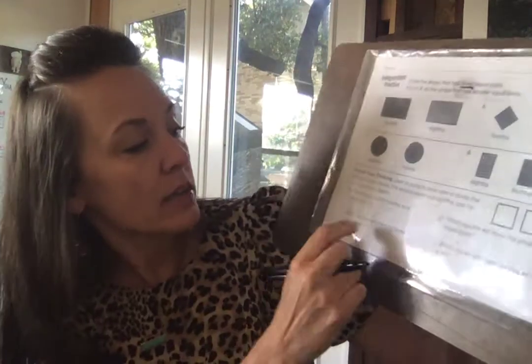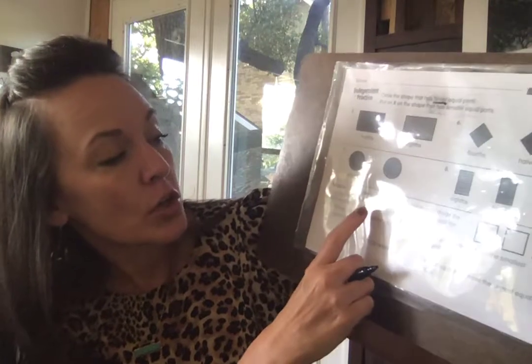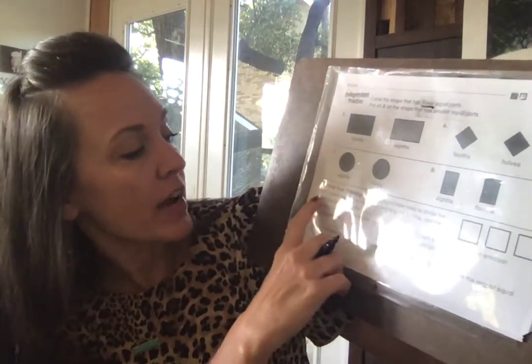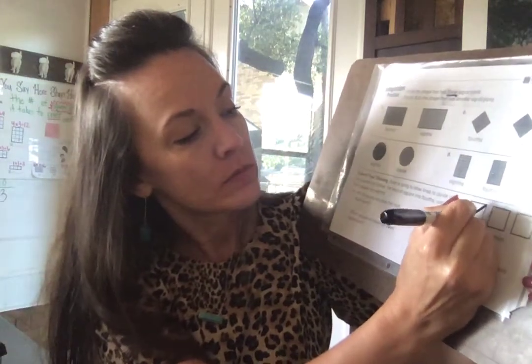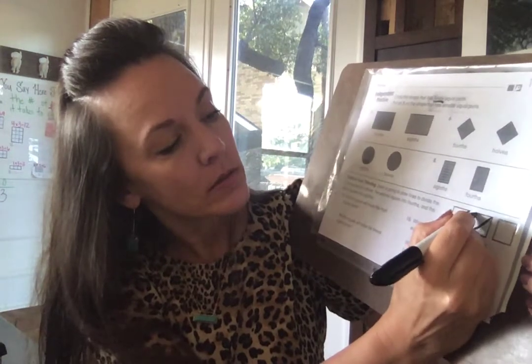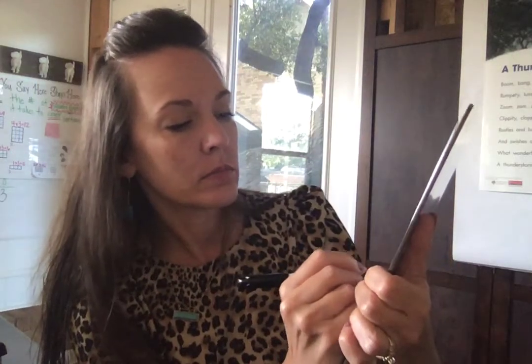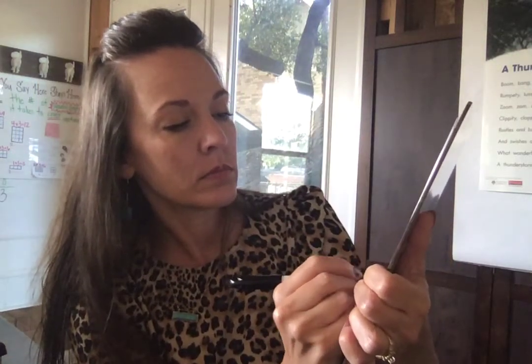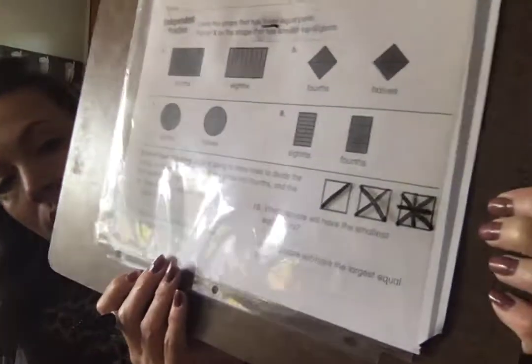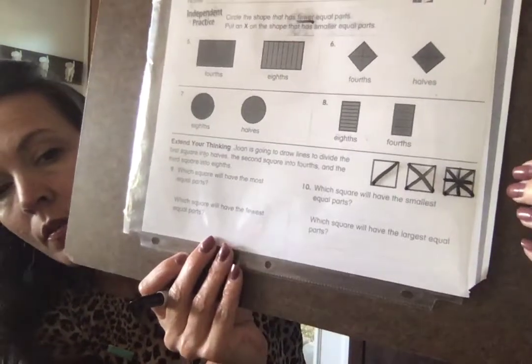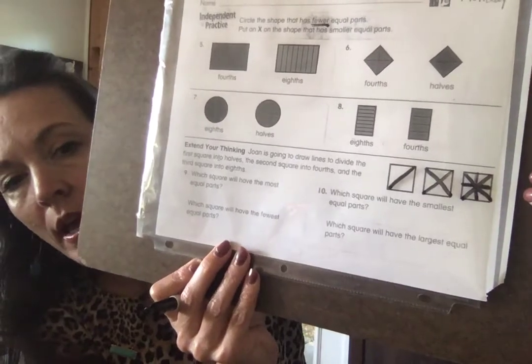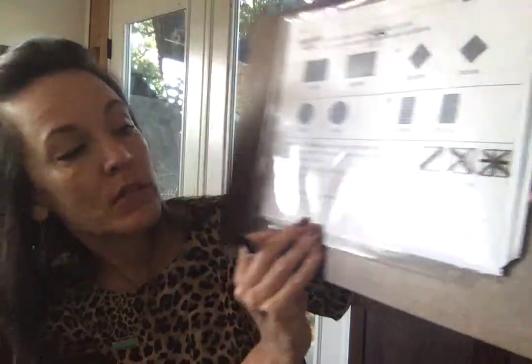You'll do that. And then finally down here, Joan is going to draw lines to divide the first square into halves, the second square into fourths, and the third square into eighths. Halves, fourths, eighths. Using that, we're going to answer